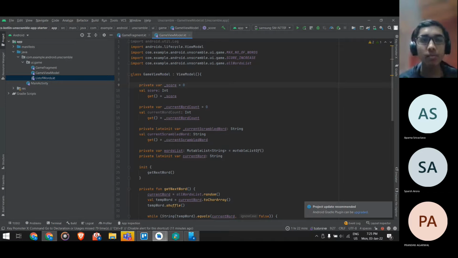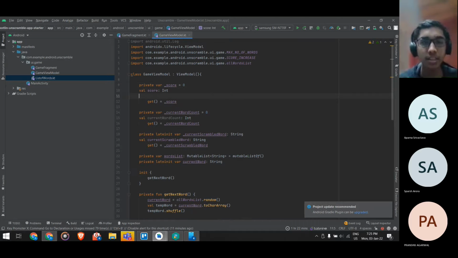Why we have made it private here is because we don't want anybody changing the score. When some event has happened, we will handle the changing of the score, but it has to be readable to you. That's why we use the second part, which is basically val score is int. Here we haven't specified a scope, if you can notice. That's because this is public.